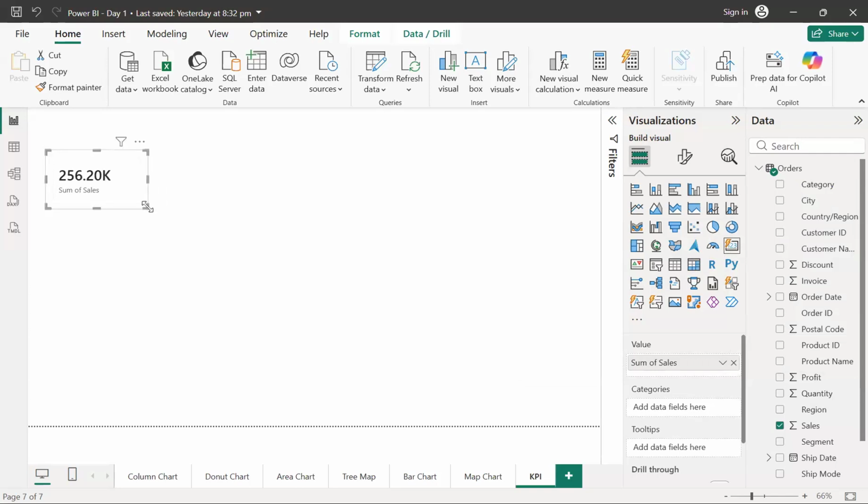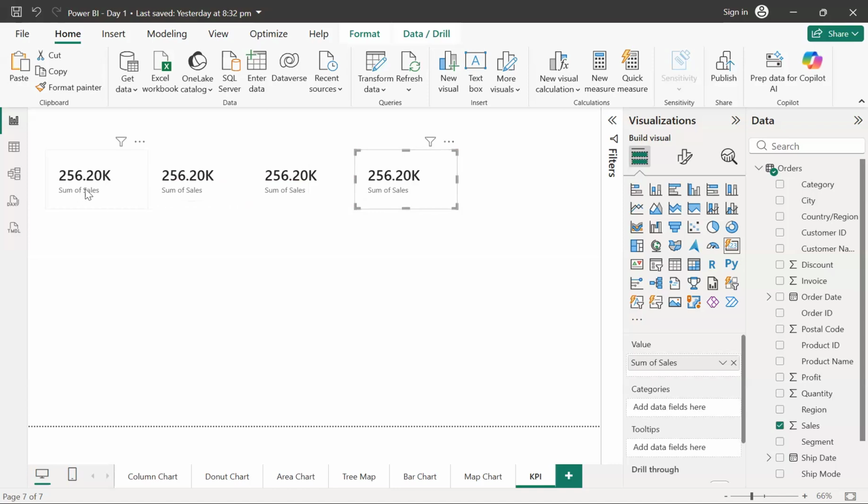Now similarly, guys, let's say I want more information. So what I can simply do is copy and paste the same card and bring it over here. I can copy and paste one more card over here, and let's do it one more time. Okay, so let's say I just want four different cards, meaning four KPIs, the four basic pieces of information I want to know about my data set.